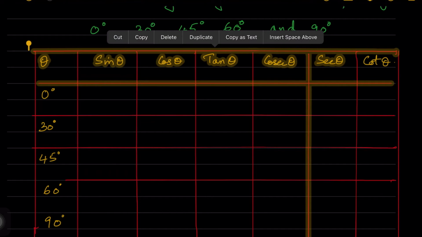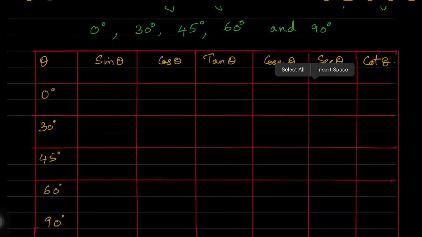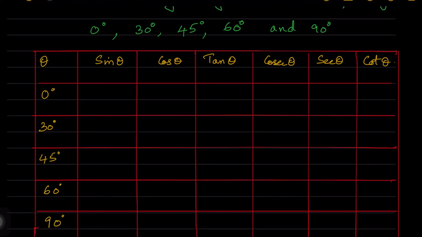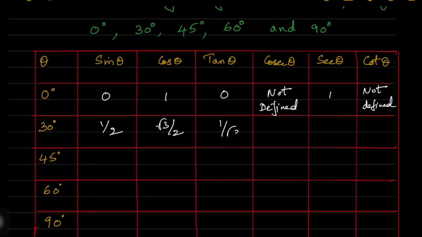So how do we go on with the different types of all these trigonometric ratios for different angles? We'll just see. So first for sin 0, it is 0, cos 0 is 1, tan 0 is 0, because tan is written as sin by cos, so you'll get 0 by 1, which is 0. And here cosecant is 1 by sin, 1 by 0 is nothing but not defined. Then secant theta is equal to 1 by 1, which is 1. Cot theta is also 1 by 0, means it is not defined. So if you know only two values, you can write the remaining all the values.